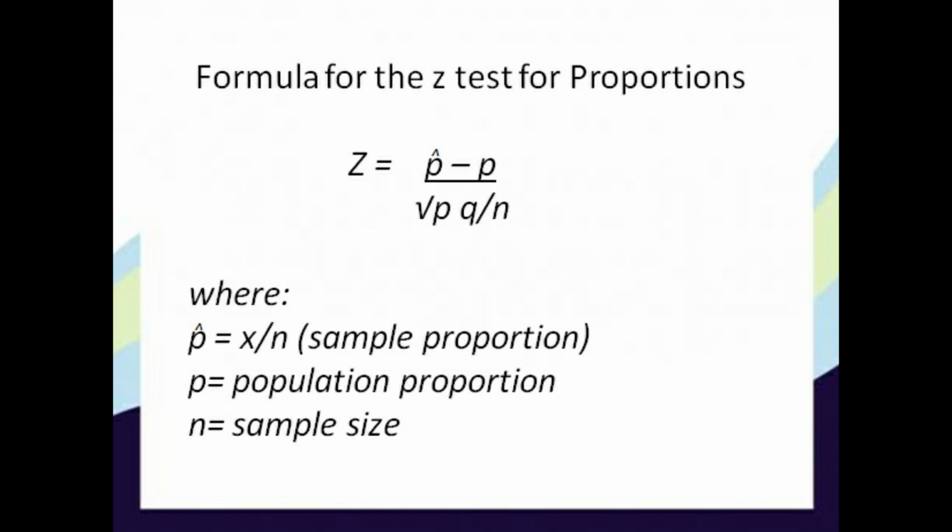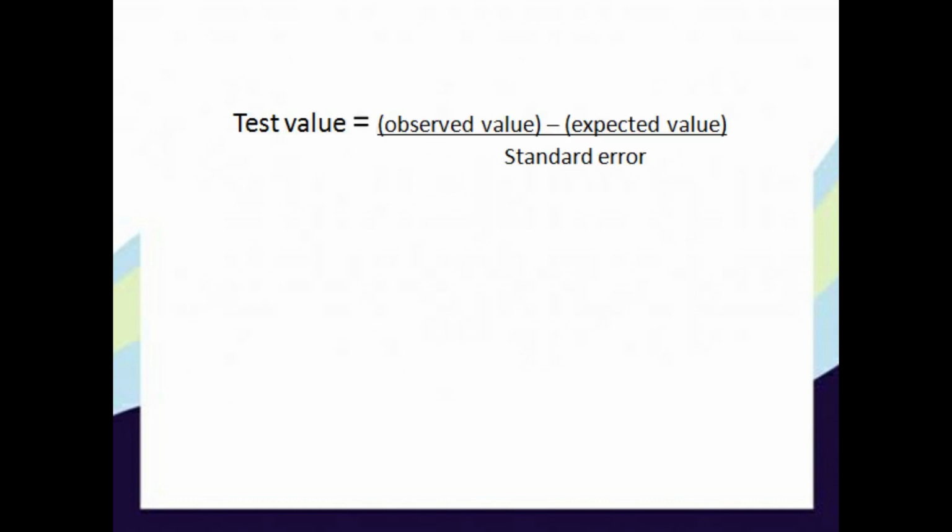The formula is derived from the normal approximation to the binomial and follows the general formula: test value is equal to observed value minus expected value over the standard error. We obtain p hat from the sample, which is the observed value. p is the expected value, or the hypothesized population proportion, and the square root of pq over n is the